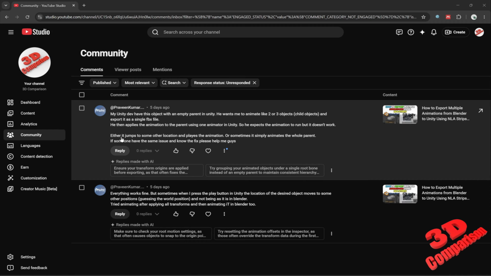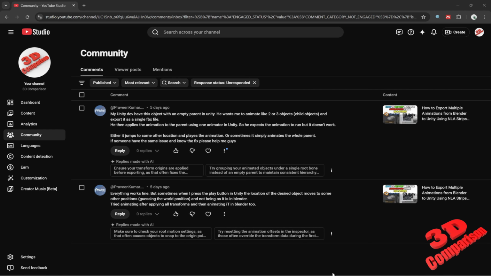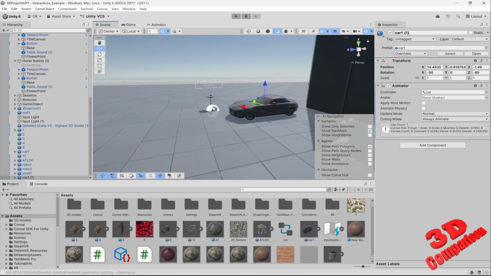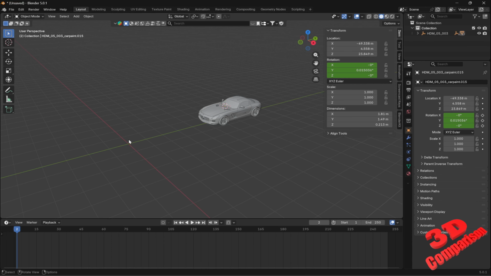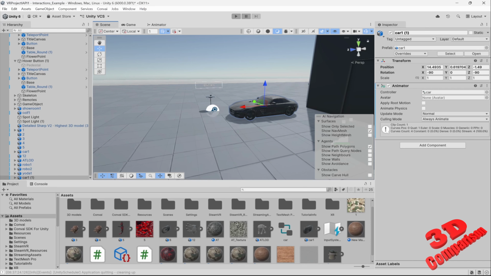Well, disregarding the aspect that the object will jump to a certain location, it's a better idea to use an animator controller, not directly an animation, because usually animation will take the object based on the relative coordinates that Blender had. For example, I have over here the origin, where I have X, Y, and Z at 0. If I move the object and animate it over here, then this will be the relative animation. If you are using the animator directly within Unity,